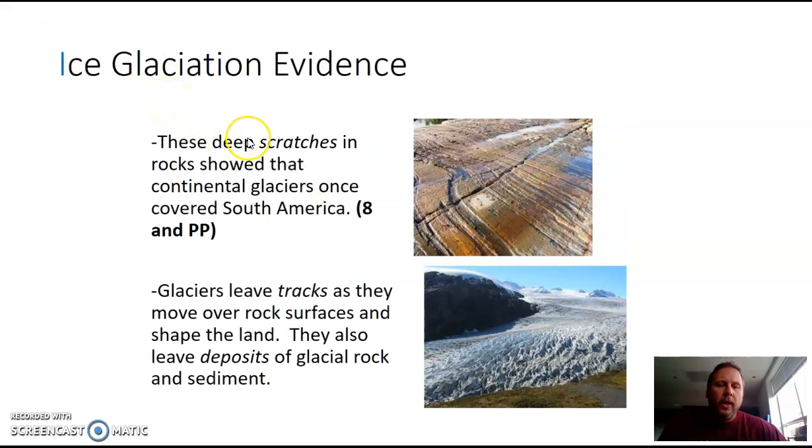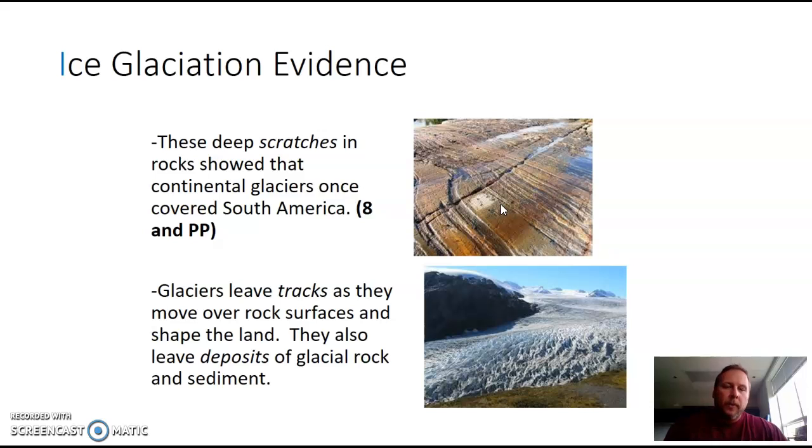And then we have what I call the ice glaciation evidence. What I have to show you here is I put a little ice cube on top of a rock, okay? And what's happening is it's melting, okay? But as the glaciers moved, as they moved across the rock, can you picture this ice sliding, grinding across the rock over time, long periods of time? They left these deep scratches right here in the rocks that showed that continental glaciers once covered South